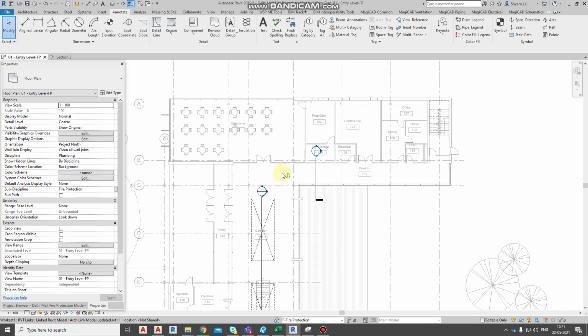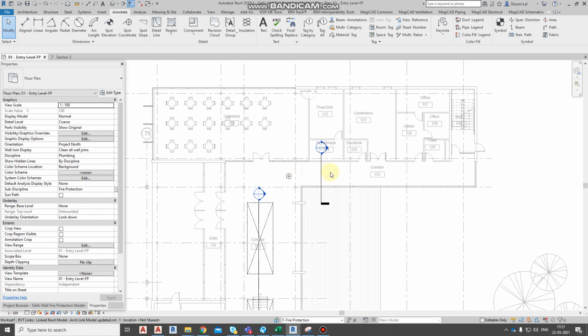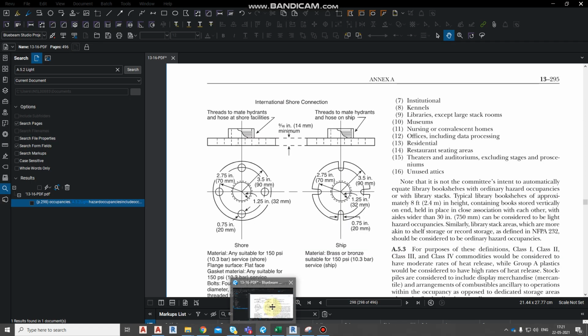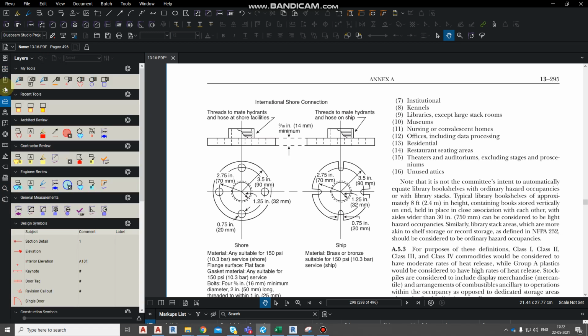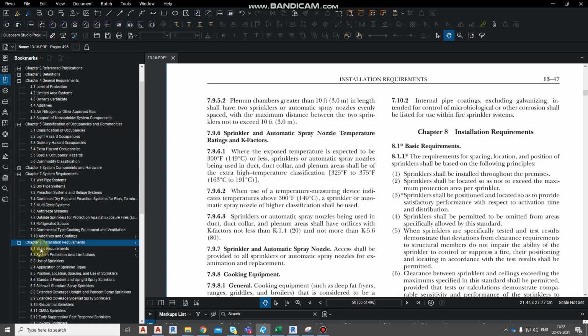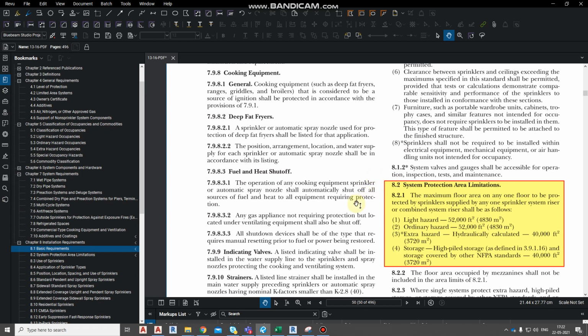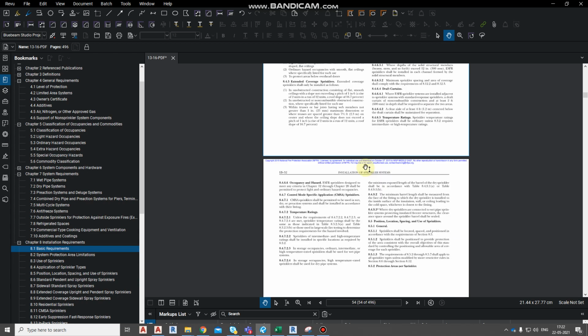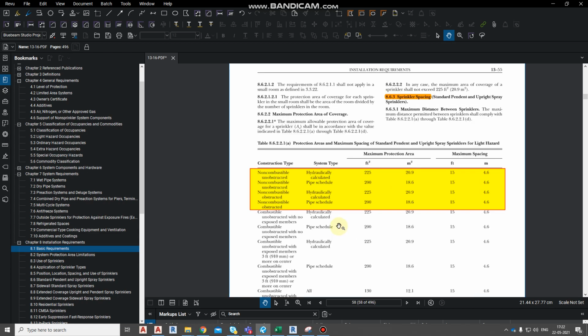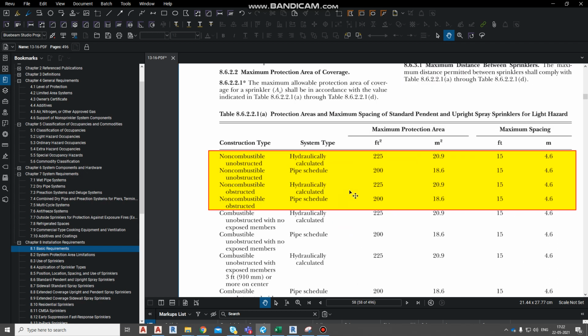And now we'll go for the sprinkler distribution. The NFPA 13 is completely based on the sprinkler system. Chapter number 8 of NFPA 13, just click on chapter number 8. As per this building, most of the rooms come under light hazard occupancies.